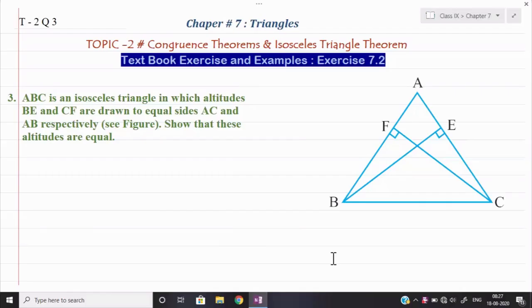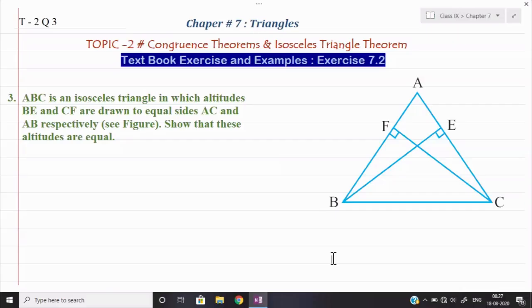Triangle ABC is an isosceles triangle. Isosceles triangle means two sides will be equal. Now we shall come to know further which two sides will be equal here, in which altitudes are BE and CF. Altitude means the perpendicular, means if we draw a perpendicular from one vertex to the opposite side, then that is called the altitude of that side. So here BE and CF are the given altitudes, and you can see at the point E and at the point F they are perpendicular, means at these two points they are forming an angle of 90 degrees.